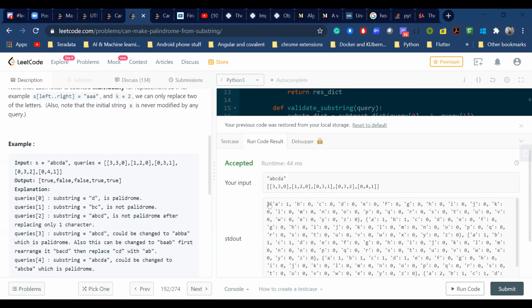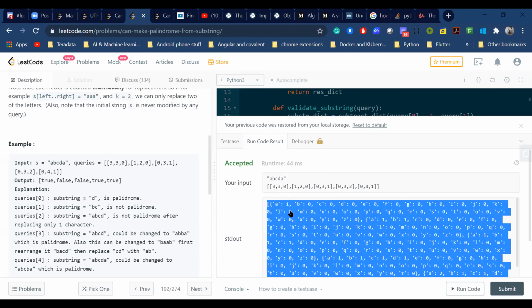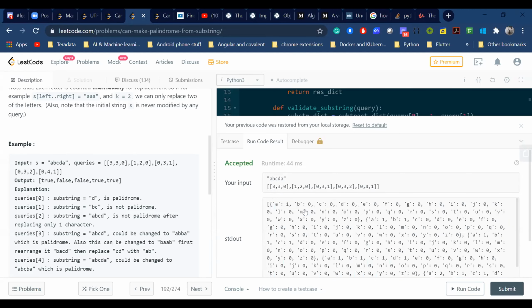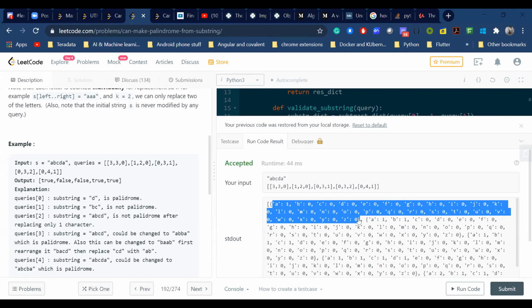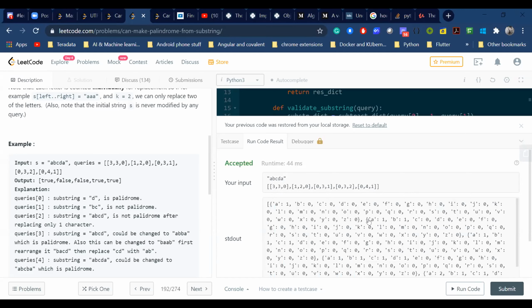Okay, so the first map has the count up to this point as 1. Then we have the second map, which has b count as 1.